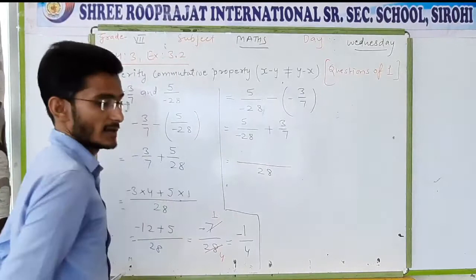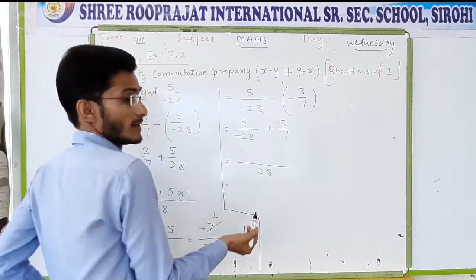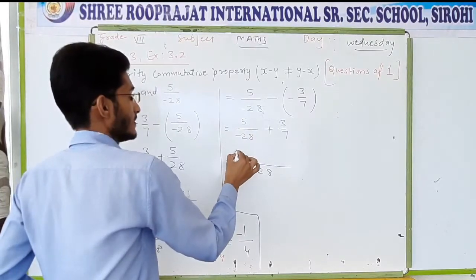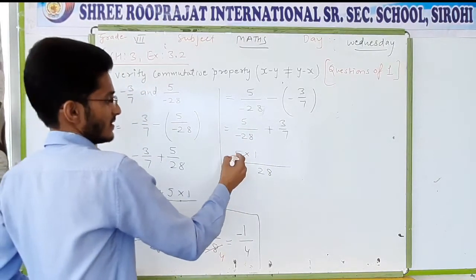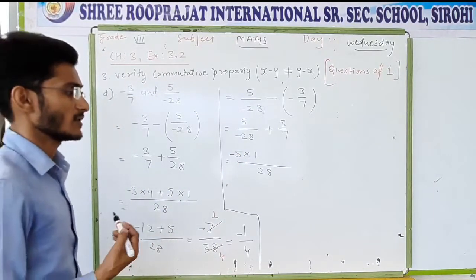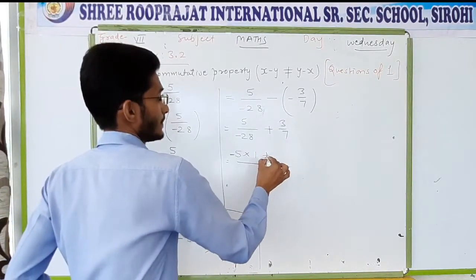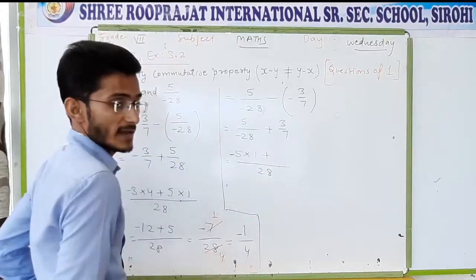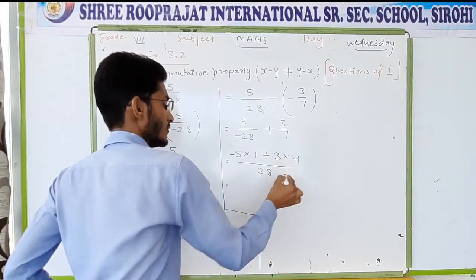28 divided by 28, so you will get 1 times, and 1 multiplied with 5. 5 into 1. If you wish to put a sign of subtraction before the 5, you can put it, even you can put a minus 28. Next one, 28 divided by 7 is 4 times, and 4 multiplied with the above 3. So 3 multiplied with 4.